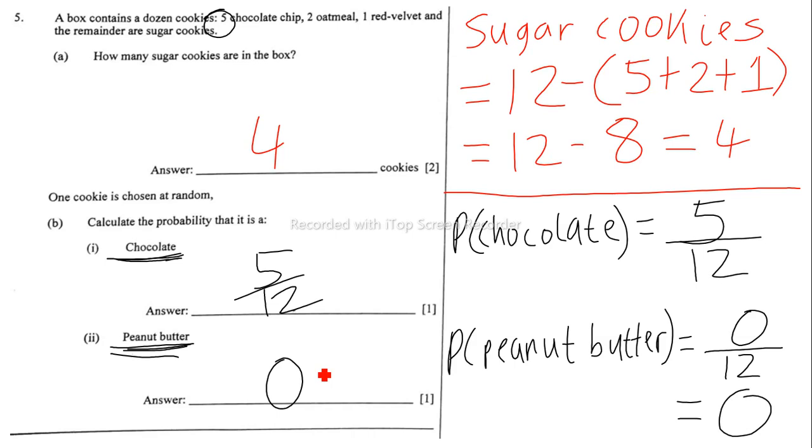So when we say probability, it's easy to do. Your denominator is going to be the total. Like here we put our total number of cookies. So it's going to be the total at the bottom. And then your numerator is how much you have of that particular thing. We only have 5 chocolates, so it's going to be 5 over 12. Same thing for the peanut butter. We have no peanut butter cookies, so it's going to be 0. And we have a total of 12 cookies in all, so it's going to be 0 divided by 12. And we know 0 divided by 12 is?